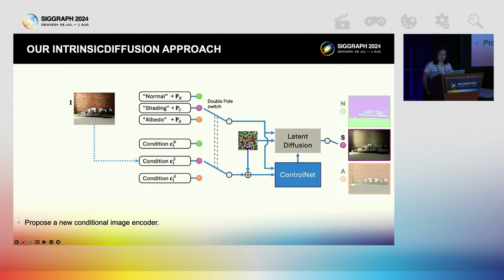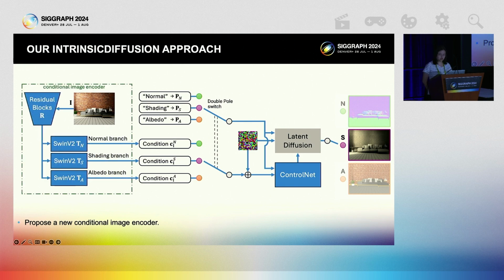The conditional embedding is very important, as it's the only data path containing a description of the input image. We need to generate a shading layer that closely matches the original input. In our experiments, we found that the original ControlNet's condition embedding couldn't capture the required dense features. To address this, we propose a new